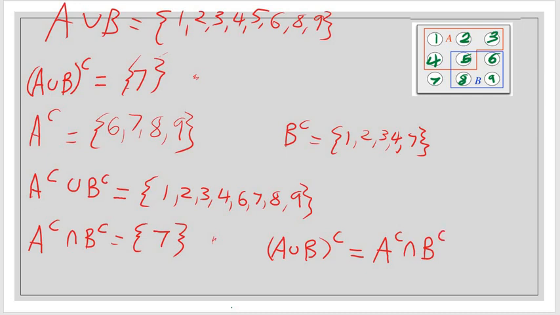So if I had a union in one place, then I get an intersection in the other place. Now in words, this says whatever is not in the union of A and B, or if you like, whatever is not in at least one of A and B,